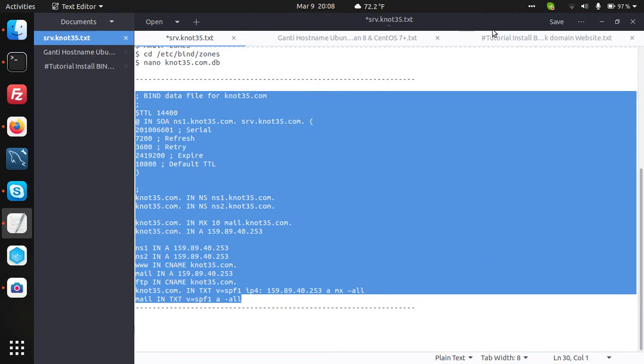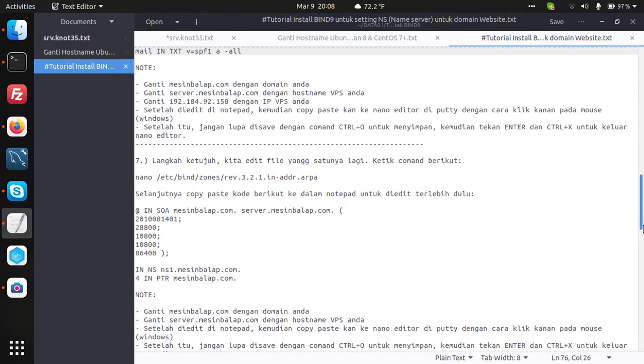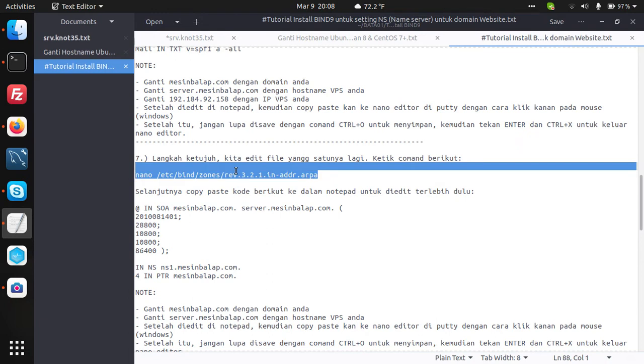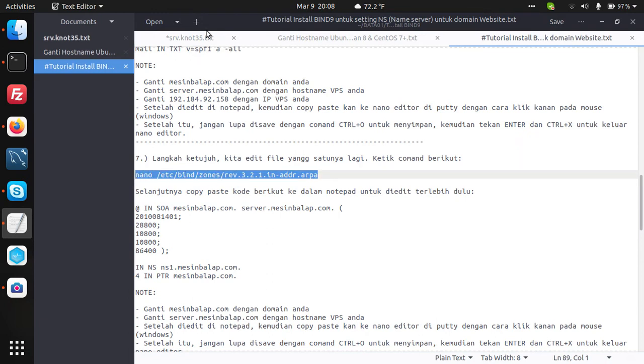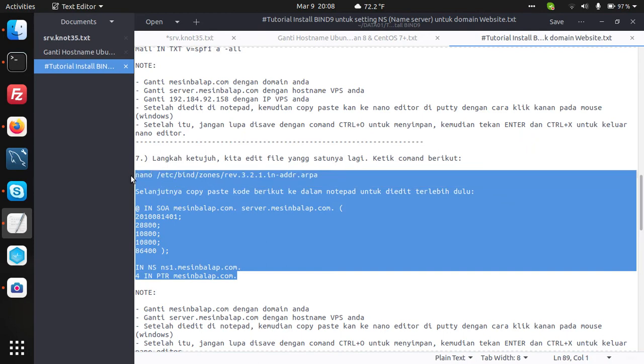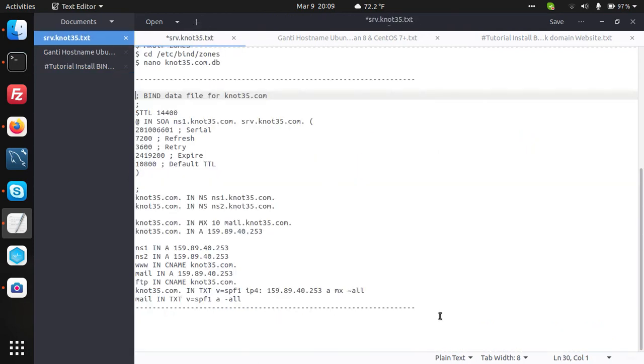After that, let's edit the in-addr.arpa file.